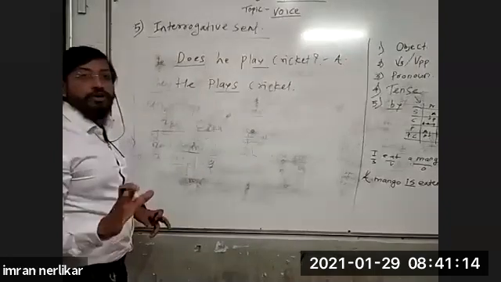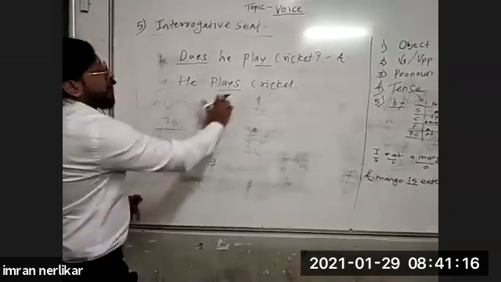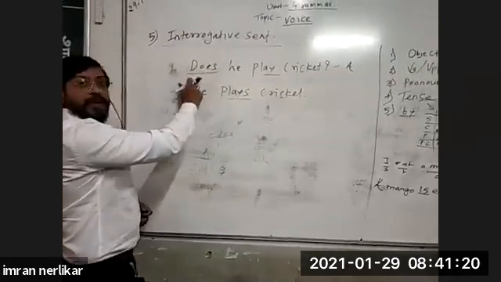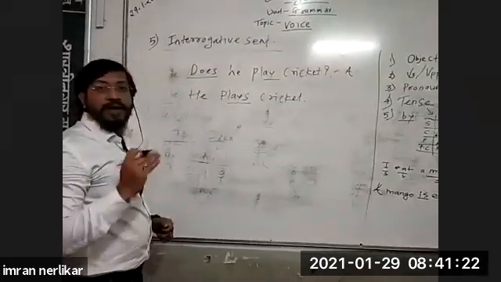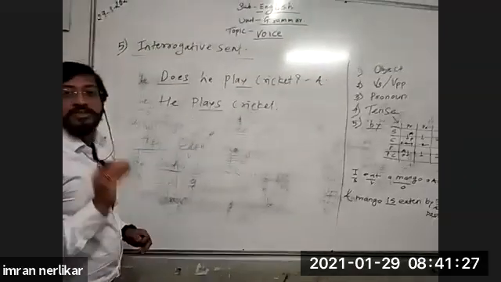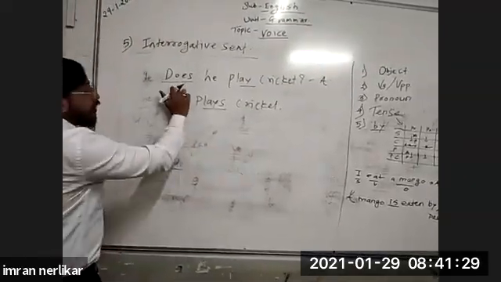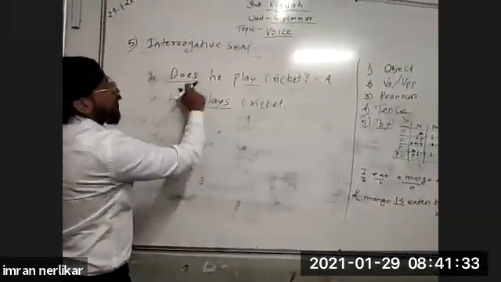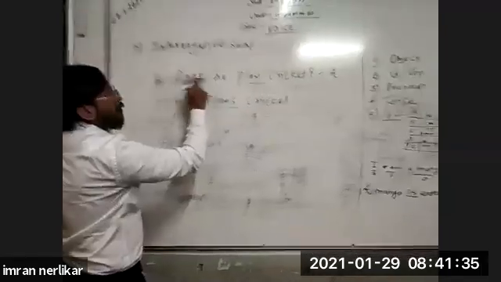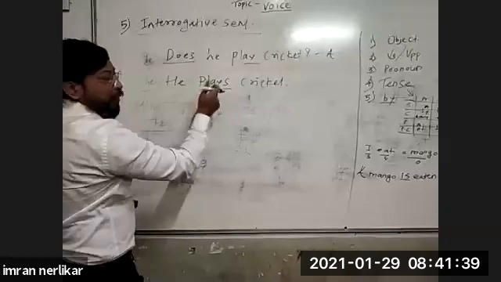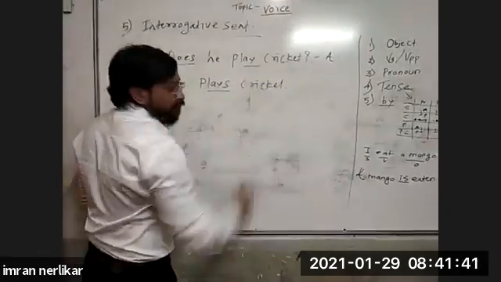When to take do, does, did, I have taught you. When there is infinitive form, we have to take do. When s and es is added to the verb, at that time we take does. And when main verb is in past tense, we take did. These are the rules of dummy operators, do, does, did. So here does is taken because s is there. When we remove s, at that time does is taken, and when we remove does, again s is given to play. He plays cricket. Okay.